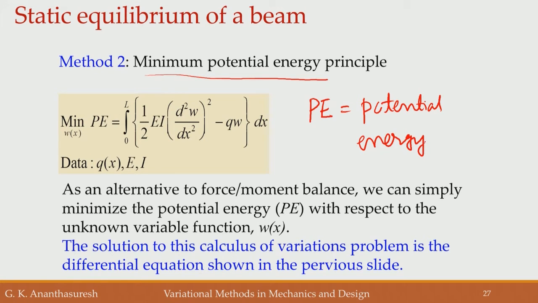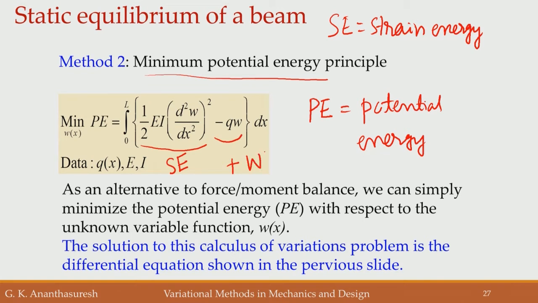This potential energy is a combination of two things, and one is the strain energy, which we denote by SE, that is the deformation energy stored in an elastic body. And then we have minus work done by external forces, and normally we write it as plus work potential. So, PE, potential energy, is equal to strain energy plus work potential, where